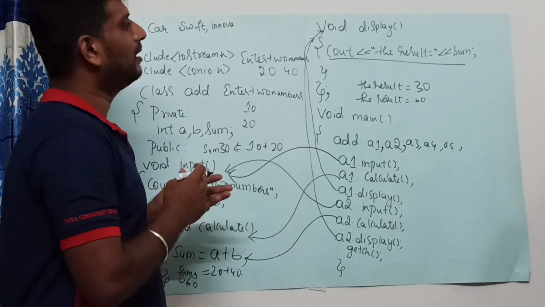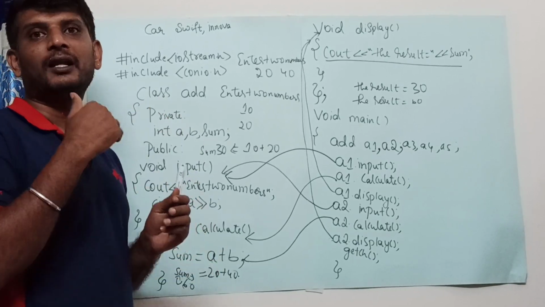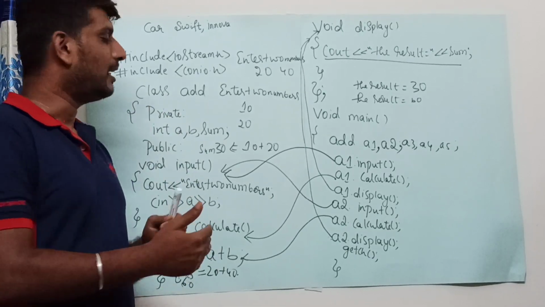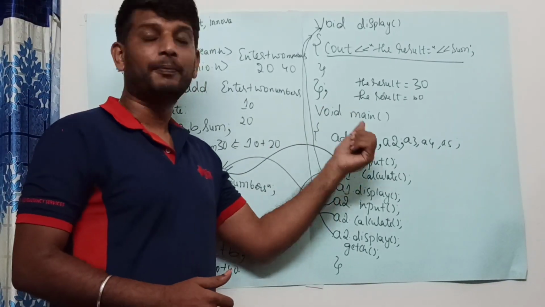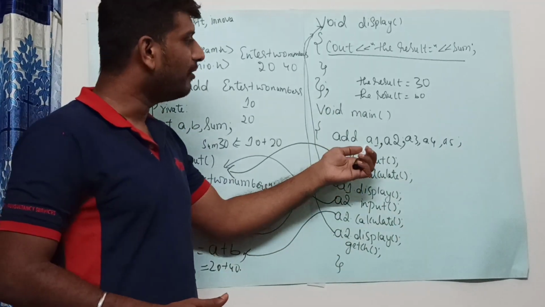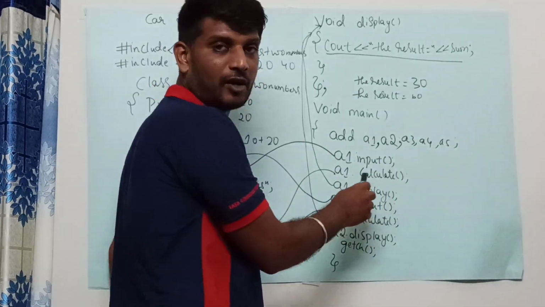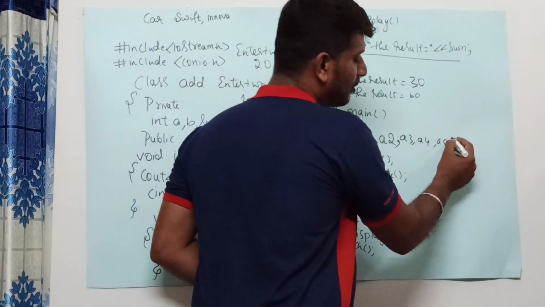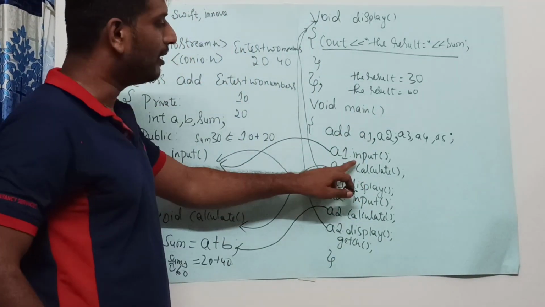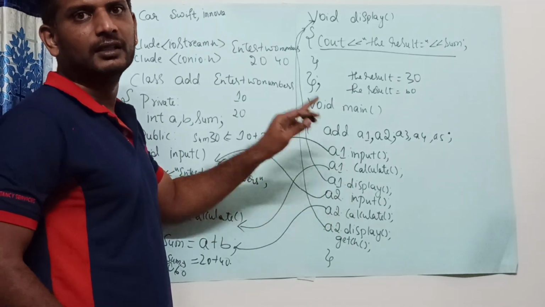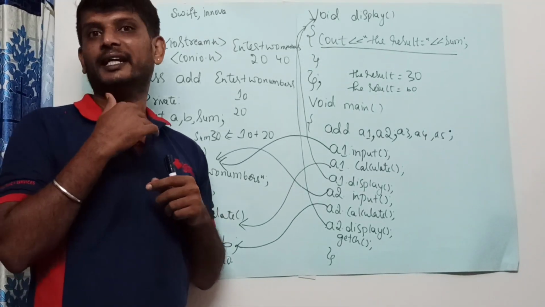So this is the concept we are discussing today, that is, how to create multiple objects for a single class and how to call the functions present in the class by making use of the multiple objects. Every time you create multiple objects, you have to separate those objects by making use of the comma operator. At the end you need to make use of the semicolon, and whenever you are calling these functions you need to make use of the dot operator. This is the concept. Now let us move to our next concept that will be discussed in our next video.